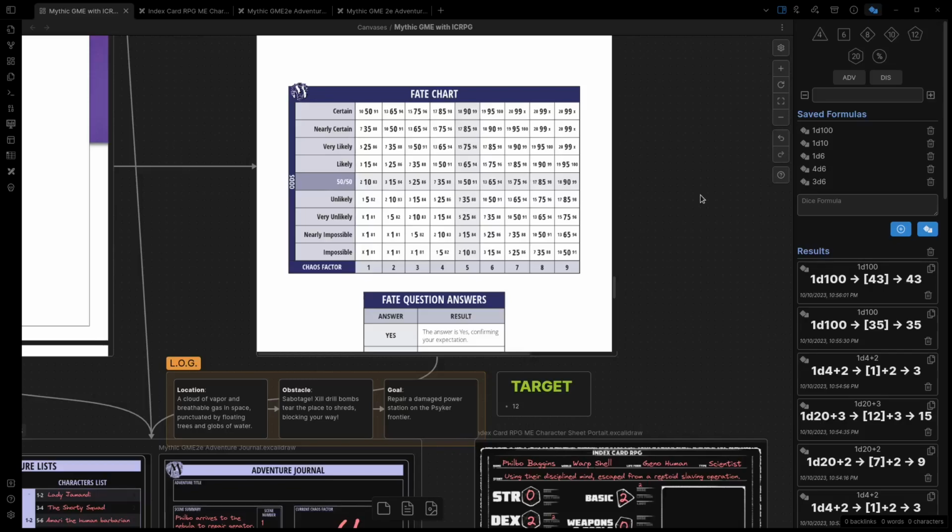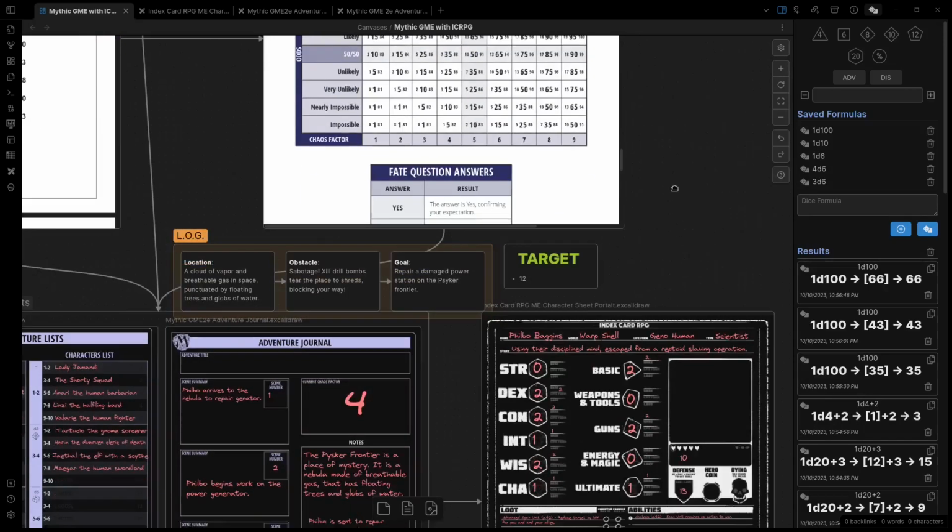So he needs to figure out how to help the defense turret. Maybe there's another defense turret. Are there more defense turrets around that would be able to be activated? So let's roll another fate check. I'm gonna go with very likely again. Why would there only be one? Nope, this is the only one there. So we're gonna have to figure out how to take down a bomber,